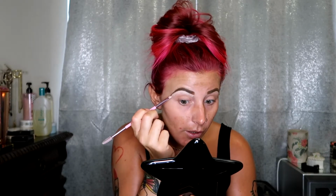This is my second time filming, so my skin's a little bit oily. The first one did not turn out well at all. So once I have this applied to where I'm at, I'm going to take the brush and move it down like this. That way when I go in with my base, it'll blend in. This is just a technique that works best for me, and you can see how I have it kind of shaped already. And this is matte, which is awesome. I'm super oily, so